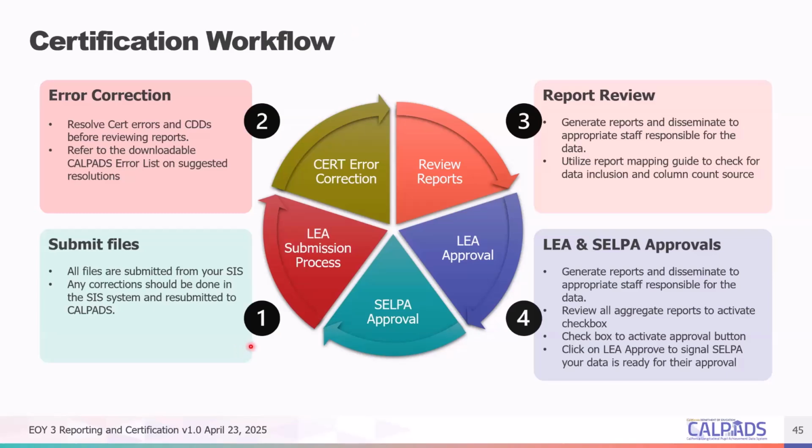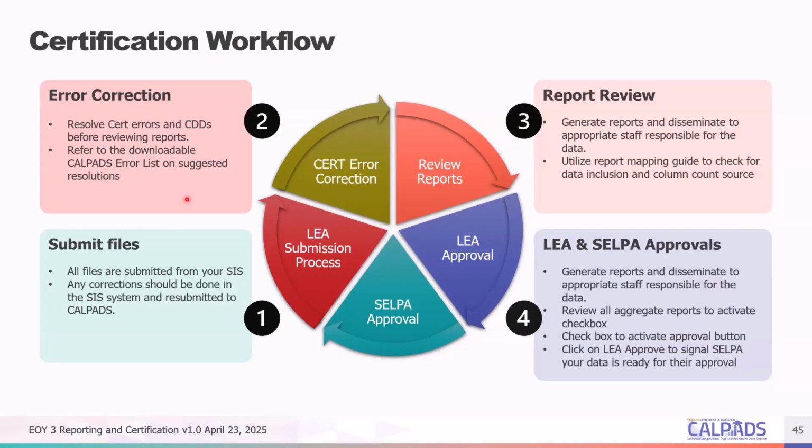First, of course, you submit your files. You correct all of the errors in those files, your IVRs, any file format related errors or input validation errors. They have to be corrected before CalPADS allows you to upload or post the files into the system. So once that's corrected, you then move on to the next level of errors, which is the data discrepancy errors.